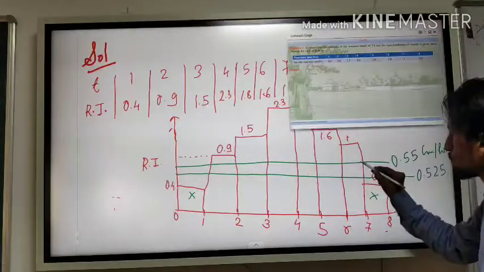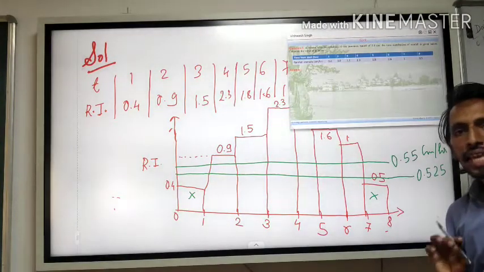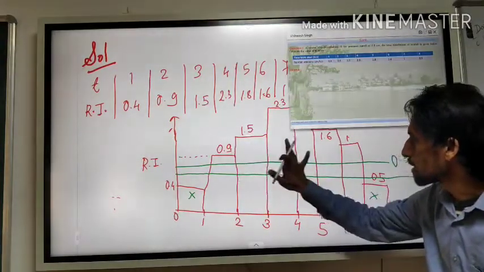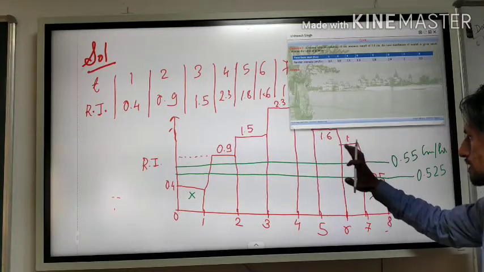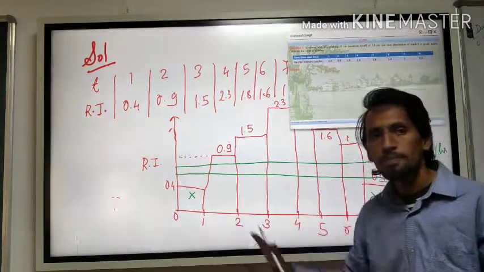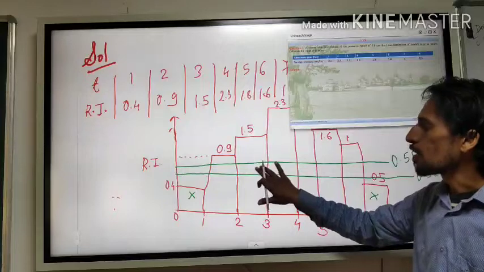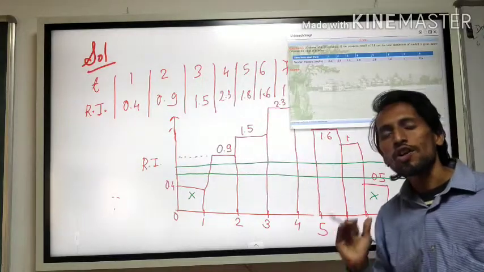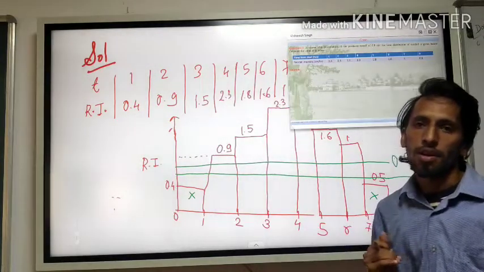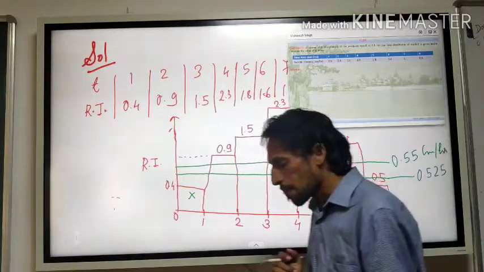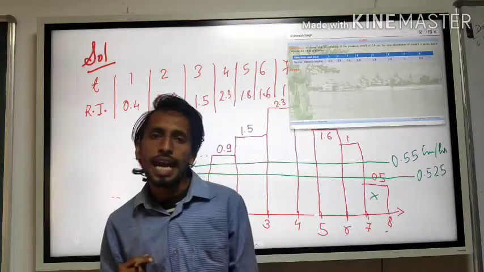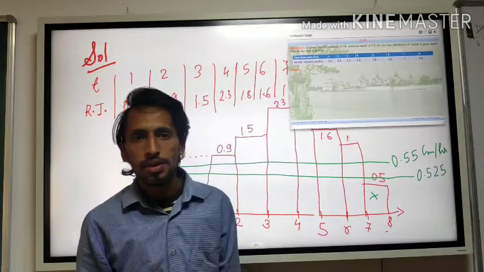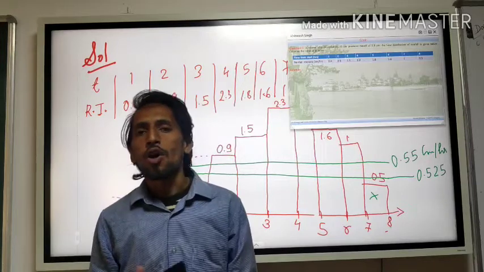Now you see that this line is calculated based on the 1, 2, 3, 4, 5 and 6, not this one, not this one. And this line does not have any block which is not contributing to the runoff. So that also means that this value of infiltration is the maximum value, because all are contributing to